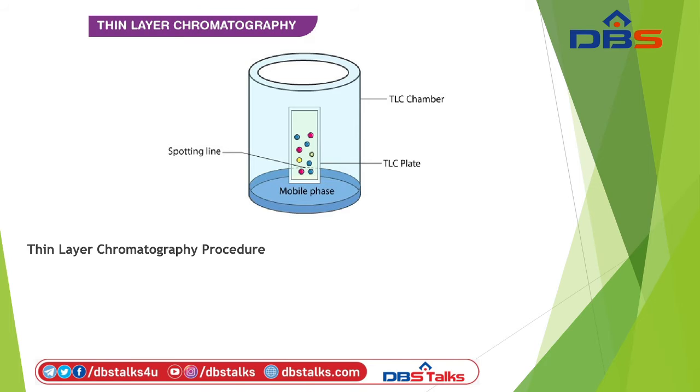The thin layer chromatography mobile phase is the one that moves and consists of a solvent or a solvent mixture. The phase should be particulate free. The higher the purity, the better the development of spots. The thin layer chromatography filter paper has to be placed inside the chamber. It is maintained in the mobile phase.